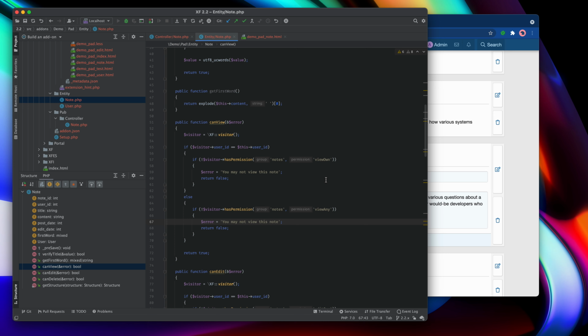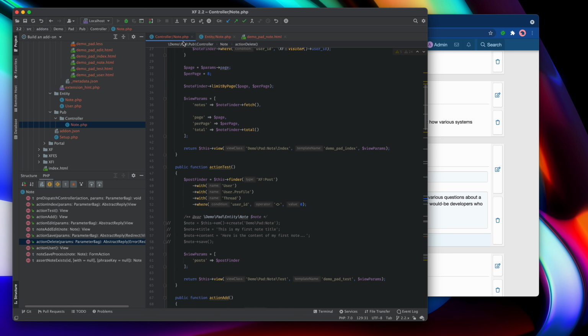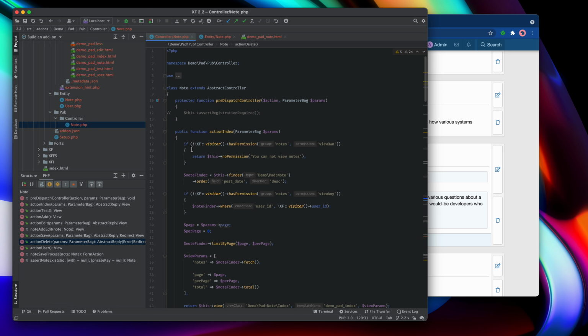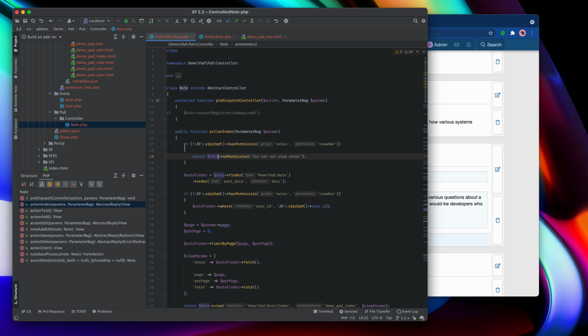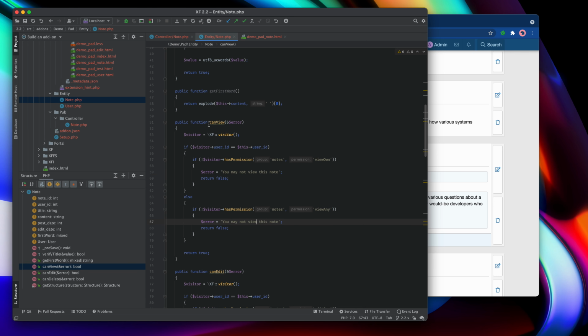I'm back in the entity here, and having said that I might move the permission checks from the index view from here in the controller into the entity, that actually makes no sense at all, because the entity is concerned with how to deal with one particular item, and this is all about which ones to fetch, so we don't deal with an entity at that point, so disregard that. That was nonsense. That said, I have implemented a can view action in the entity, which allows the controller to quickly check whether or not you should be able to view one particular item.